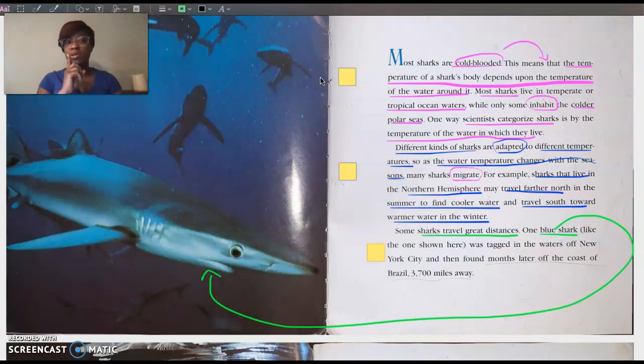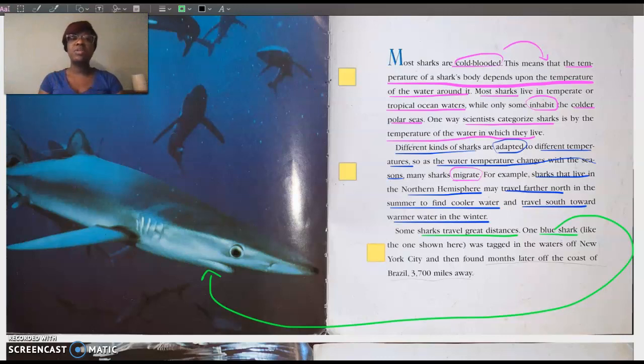But one thing I want you to notice, that the last paragraph, paragraph 3, connects very much to the photo, right? Why specifically? Because the author identified the type of shark, told us in the paragraph, the one tagged here, to show that sharks do travel pretty far.